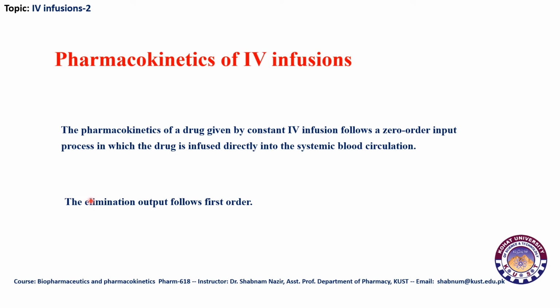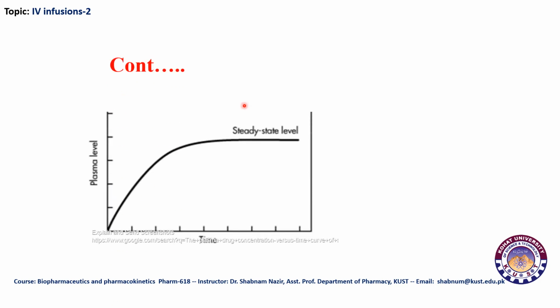But with the passage of time, as the concentration increases, the rate of output also gradually comes closer and finally becomes equivalent to the rate of input, and that is when we get the steady state level. So this is what I was talking about. You can see that this is the zero concentration from where the concentration is rising when intravenous infusion is being administered. Plasma level is rising, and it is a clear